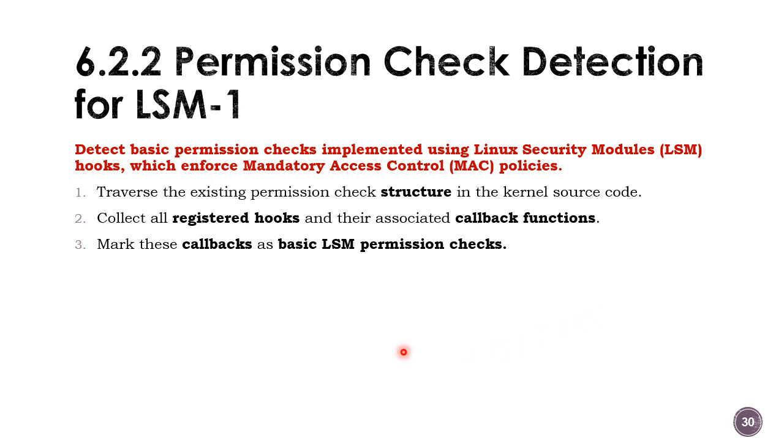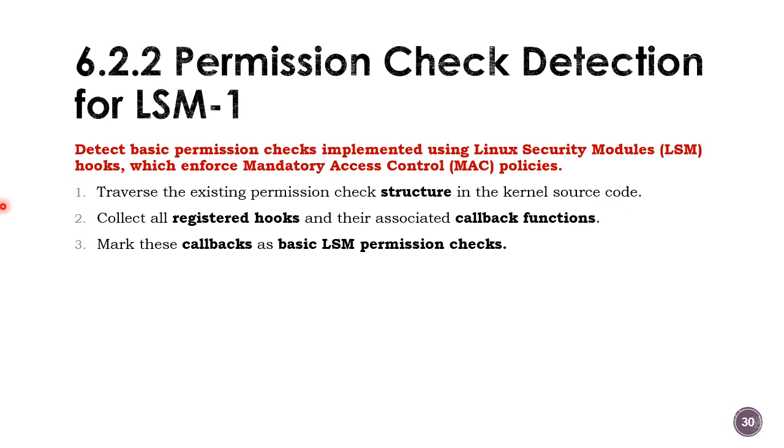Next, we will discuss how LSM conducts the permission check detection, its mechanism. So different from DAC and capabilities, LSM is partially relying on the Linux kernel defined functions. It also has pluggable permission checks, remember? So for LSM, it will basically use 3 steps to find the permission checks of LSM type. The first step is to traverse the existing permission check structure in kernel source code, but specifically for those that are related to LSM, such as SELinux and